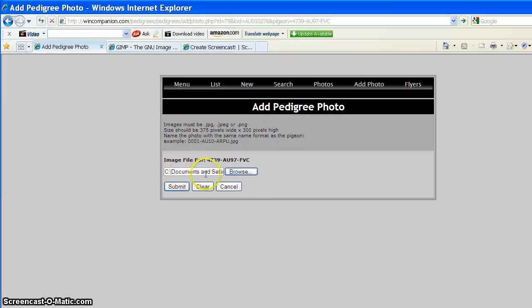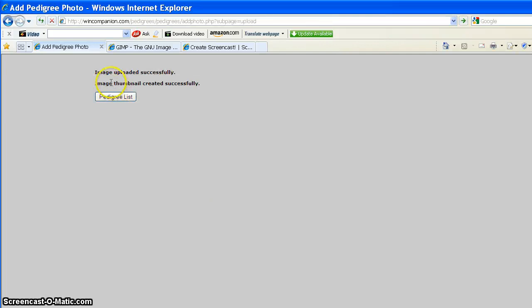And now if you could scroll over here to the side, and I'll do that. I'll just click in there and I'll hit the in button. You'll see there she is. We've got her picture, and so now all we do is hit the submit button, and there you go. The image was uploaded successfully. Thumbnail was created. So let's go back to our list,